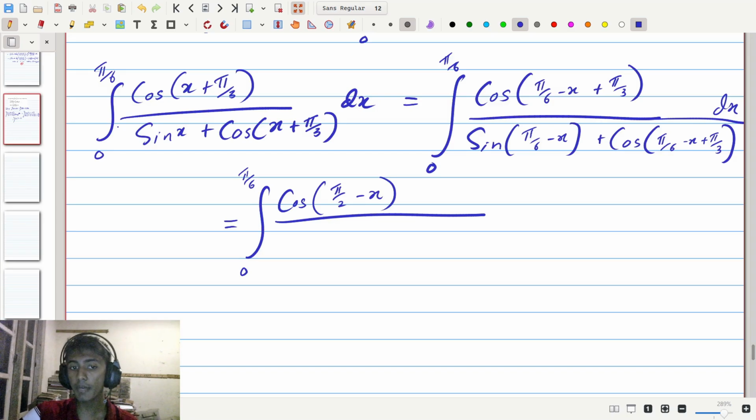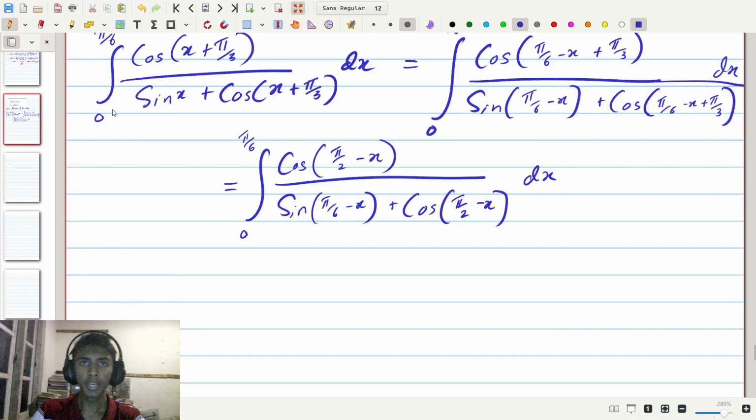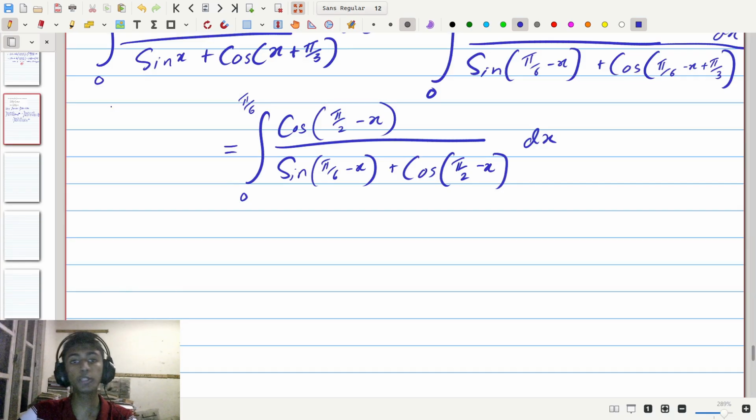This is then divided by the sine of pi by 6 minus x, which for now I'm going to leave as pi by 6 minus x, plus again the cosine of pi by 2 minus x integrated with respect to x. Now at this point we're going to use the first trigonometric identity that we're going to be using here, which is the fact that the cosine of pi by 2 minus x is equal to the sine of x, and similarly the sine of pi by 2 minus x is equal to the cosine of x. So using that,